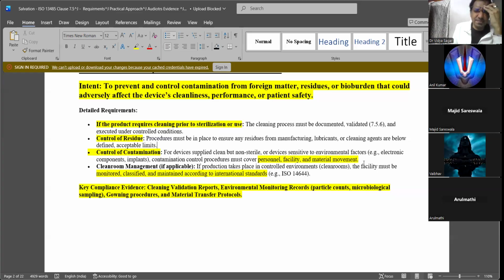The second route of contamination is the movement of material. When you bring raw material inside and take material outside, the components, and there will be some chipping of the material during production, so cleaning becomes very important.